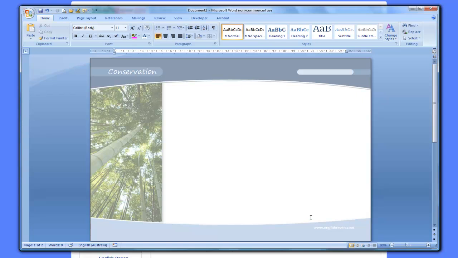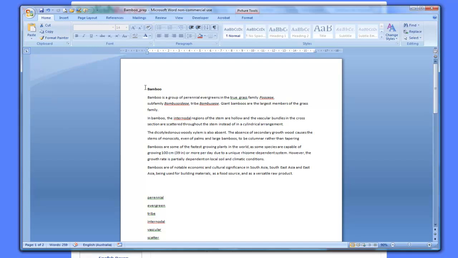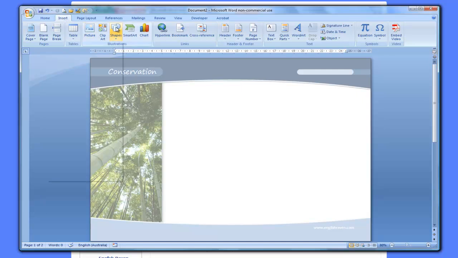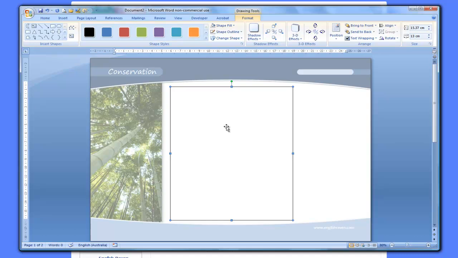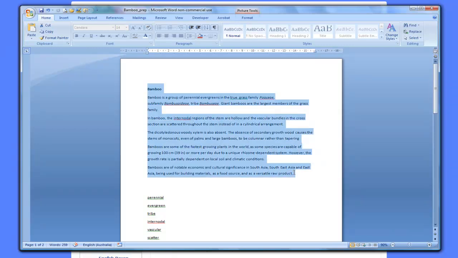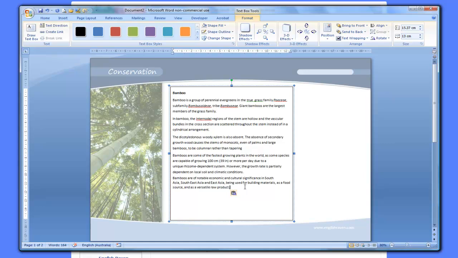So what I'm going to do is put my text in now. I'm going to put my text into my bamboo text here. I'm going to put this bamboo text into that area there. Okay, now the way we do that is to enter another text box roughly to the dimensions that we want, and we add text. Go to your preparation document, copy your text and paste. Right, now as you can see, the text is pretty small because it was just in that initial